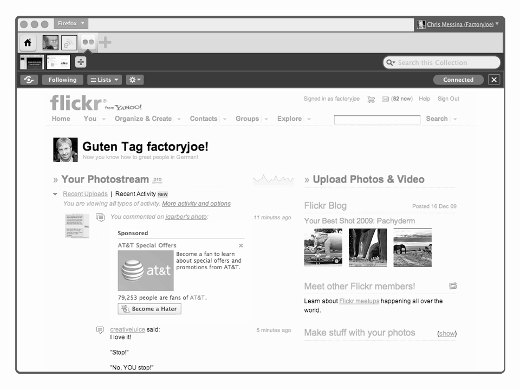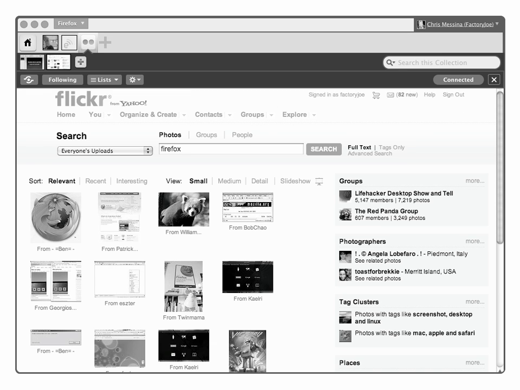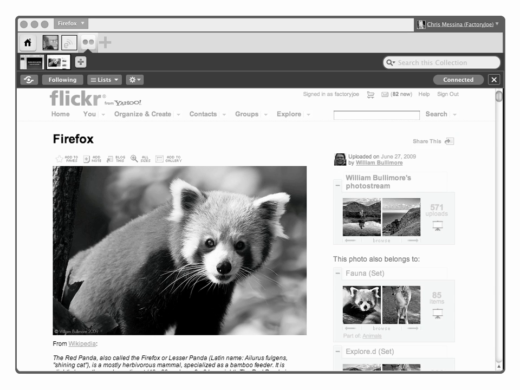And what I'm going to do is I'm going to perform a search. All right, so actually before I do that, I'm going to minimize that tab bar up there, get that out of the way a little bit. Now I'm going to do my search. And I'm going to search for Firefox. Okay, and in the results here, I'm going to go through and I'm going to find an image. Let's say this actual image of a red panda, which is what a Firefox is. I'm going to click on that. And now I want to be able to use this image in the slideshow that I'm creating.